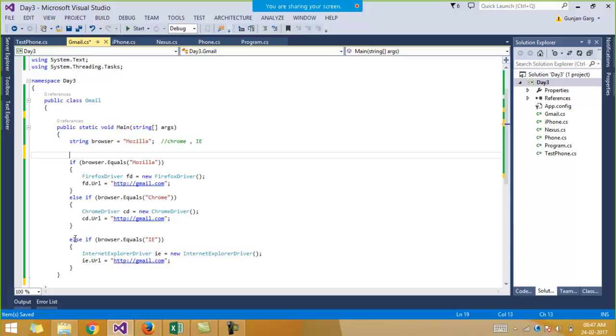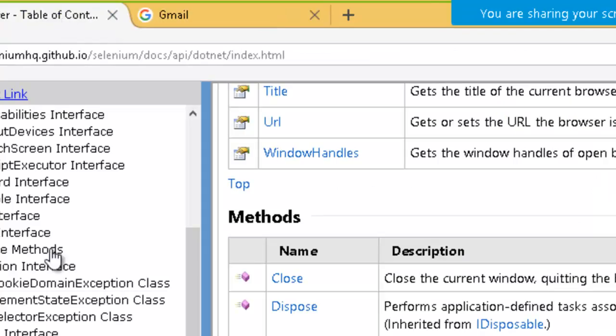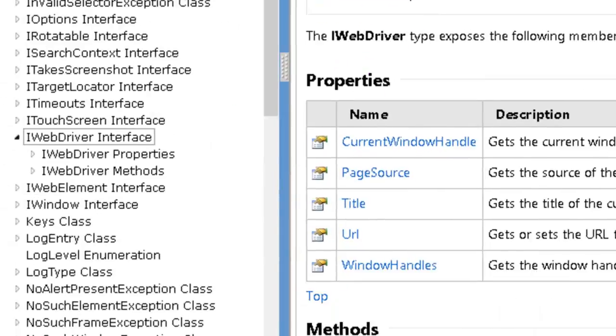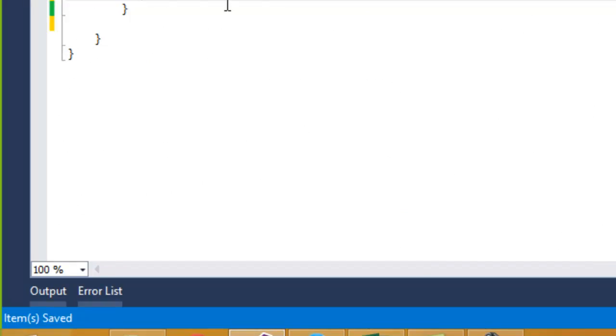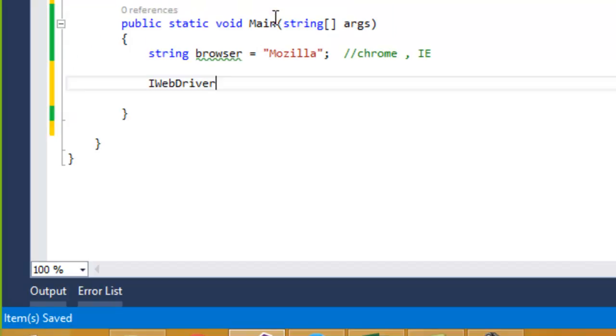We can simply remove this if else code, right? And then what we can do is, now we all know that WebDriver is an interface. I told you, right? We have seen that WebDriver is an interface, and all the driver classes are actually implementing this WebDriver interface only. So simply, I can have this WebDriver interface with me. This WebDriver comes under openqa.selenium, so we'll have to include the reference to it, and then I equate it to null.